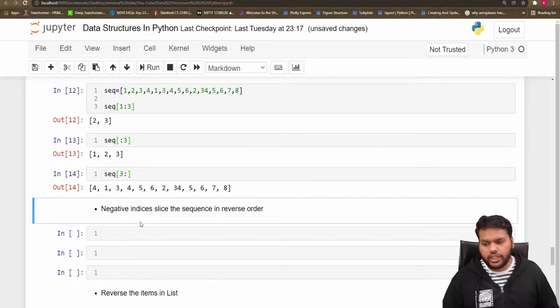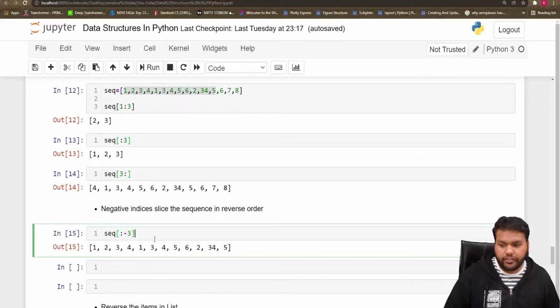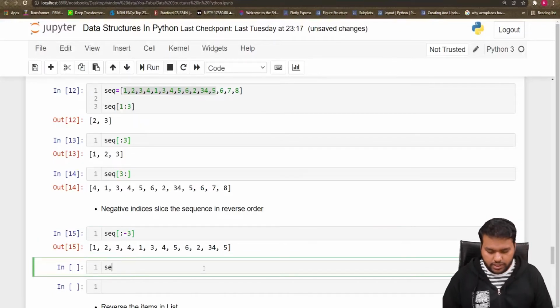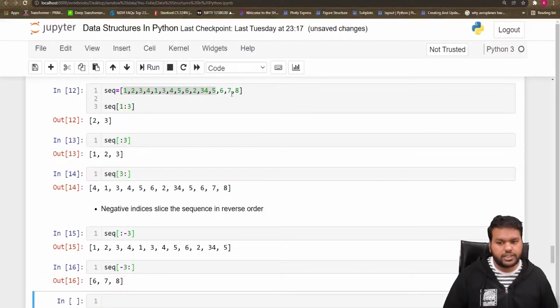Then there is the negative index. While using the negative index, you can see I get all the elements of the list up to the last third index. If you start counting from the last, 8 is the first, that is minus 1, 7 is at minus 2, 6 is at minus 3. So if you write the sequence from minus 3 up to the end, what will you get? 6 7